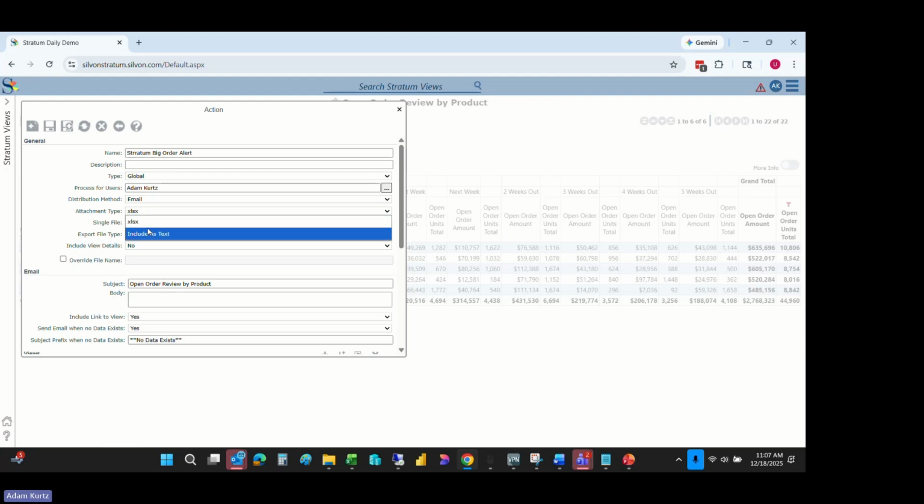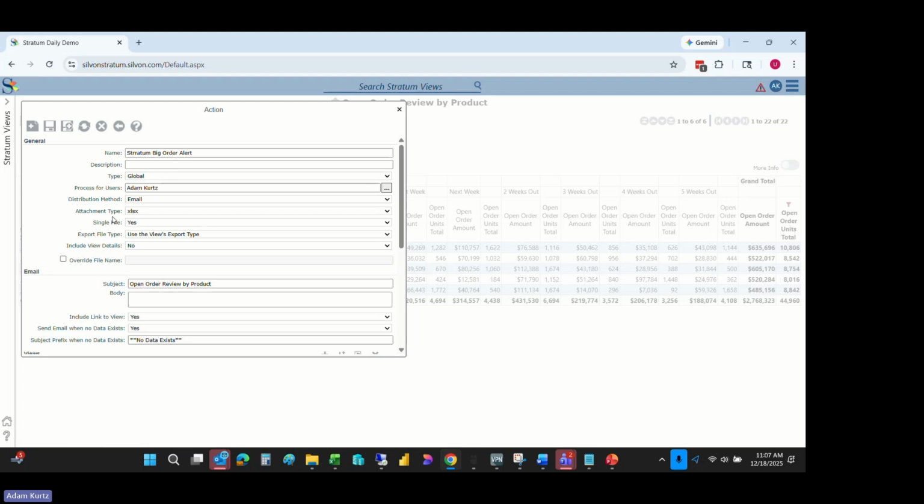You can also just include it as a picture of the view. We call it include as a text, but it actually comes across as, I believe, some sort of JPEG or a GIF image view file, and it's nice. I mean, we can simulate that as well. Let's do the attachment here. If this was perhaps multiple views that might be in the mix for this action, we're only going to have one. But if we did have multiple views, because you can have multiple views per action,